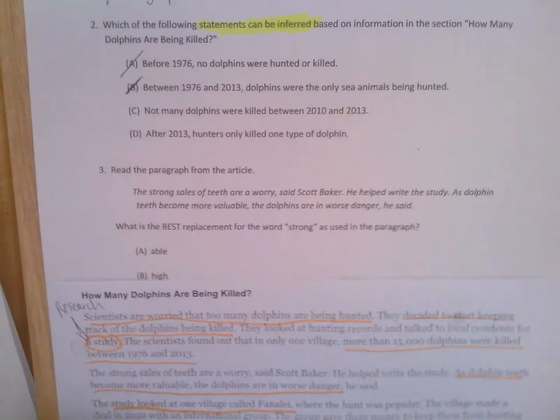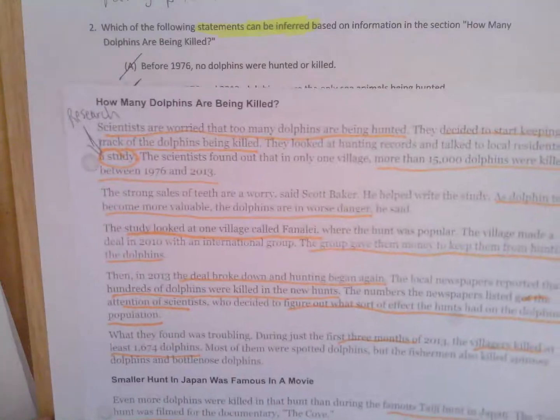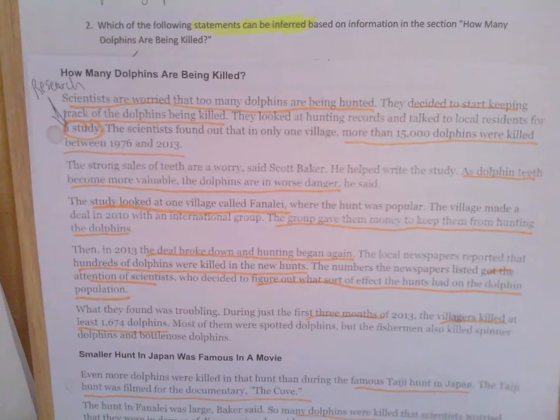Let's move on to letter C. Not many dolphins were killed between 2010 and 2013. Well, let's go to the section that said how many dolphins are being killed. So if we go to this section, how many dolphins are being killed,